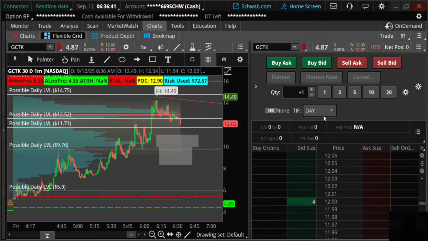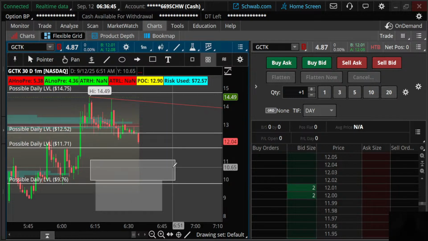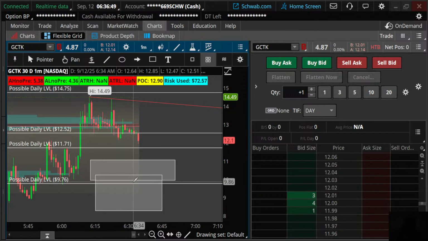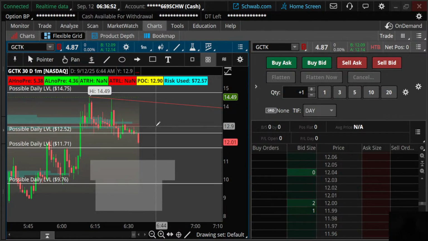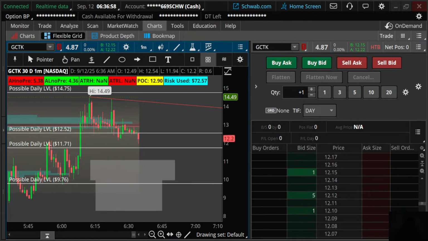GCTK back under, looks like it dropped now. So again, it has the most volume, but dropping through these levels, dropping back towards the previous level, and the point of control is all the way up there. So I would like to see the point of control shift back down here for it to try to make a move back up. But right now it looks like